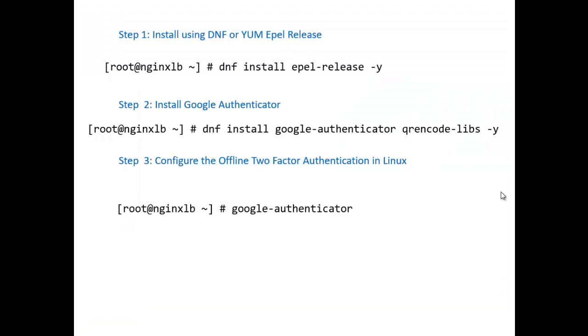Step 1, we need to install the EPEL release by using dnf or yum install epel-release. Second step, install the Google Authenticator. Third step, configure the offline two-factor authentication by using Google Authenticator.